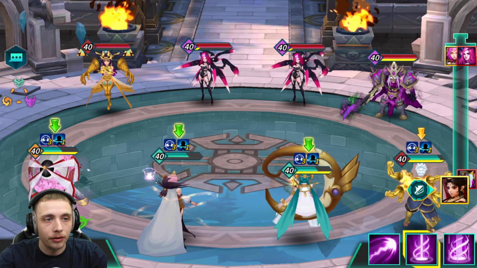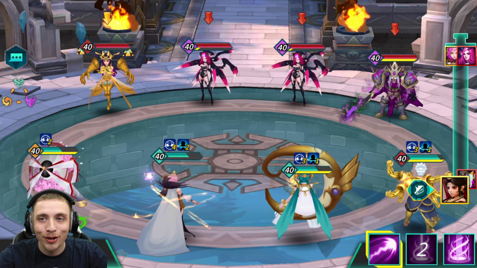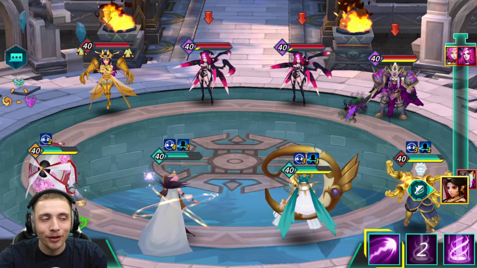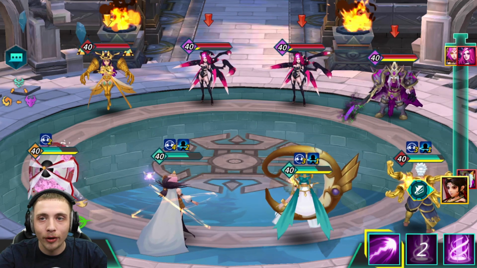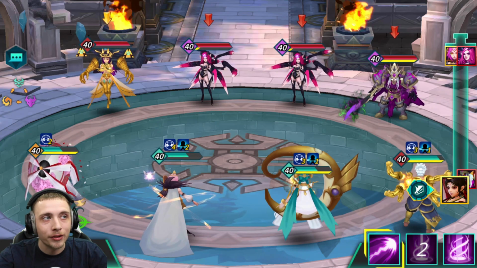So what we can do here is we can extend Elven Queen. So now she'll have a 2-turn and a 4-turn immunity. You saw that? So now she has 4-turn immunity and a 2-turn invincibility. So now what happens is I don't have to worry about my Elven Queen at all. She's good. And now we proc into another turn. So since they don't have any